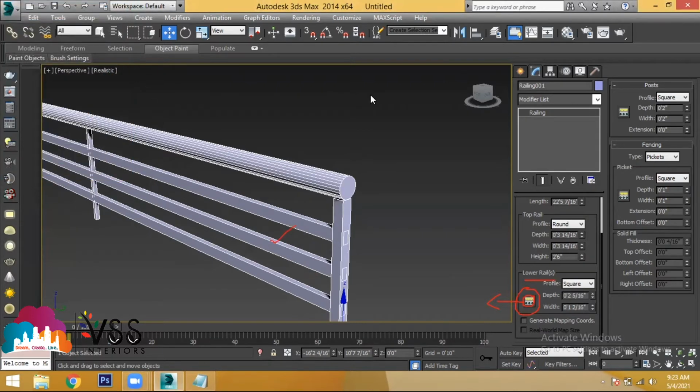Yes, sir. Right. So what is top rail? Top rail is nothing but the modification of this, the topper one, the upper one. Lower rail is nothing but about these options. See, when you're talking about horizontal rails, top and lower, these are the modifications of the top and lower for the horizontal railing. And now you see vertical railings here.